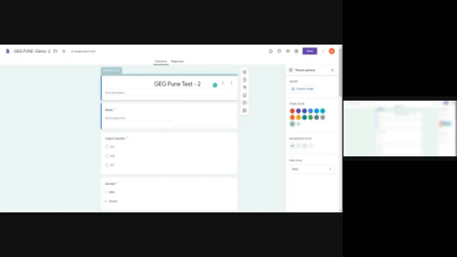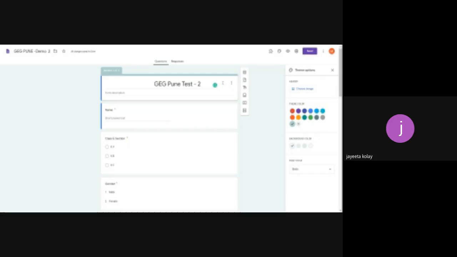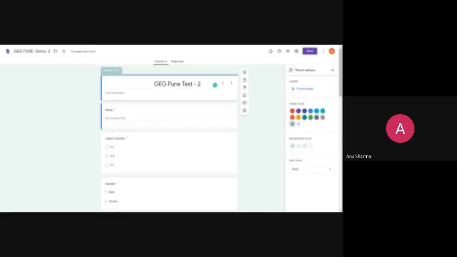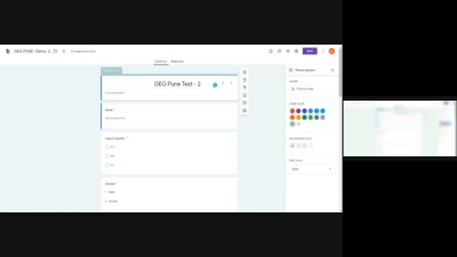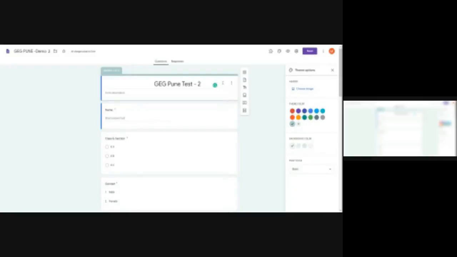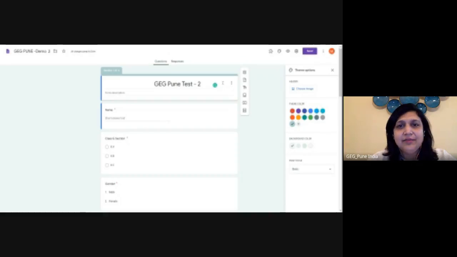We have two types, ma'am, of... Can I interrupt? Ma'am, the screen is not visible, and the options you are saying are also not clearly visible. Just a moment, please. Now also it's not visible. It's a little blurred. Somehow it's better. Okay, I'll share my screen again if you say. Is the screen visible? Yes, ma'am. It's an issue at her end. Yeah, now it is better. Okay, thank you. We can see much better.